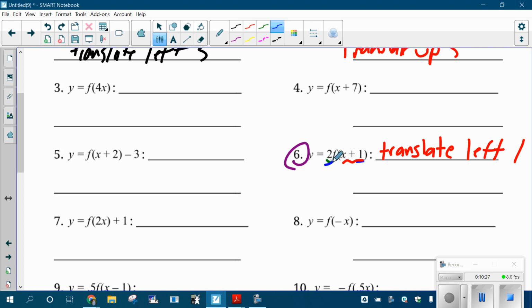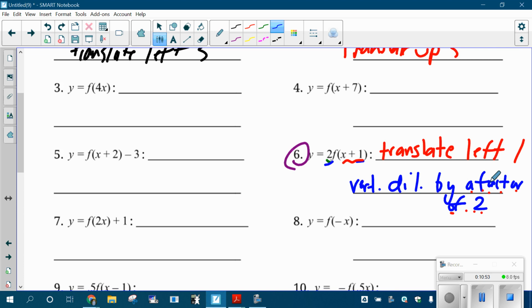Multiplication is dilation. It's on the outside, so it's going to be a vertical dilation. And it's vertical on the outside, so it works normal. So it's a vertical dilation by a factor of 2. I'll say that again. A vertical dilation by a factor of 2. It's important that you use that phrasing